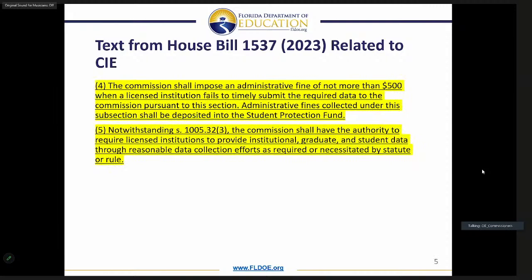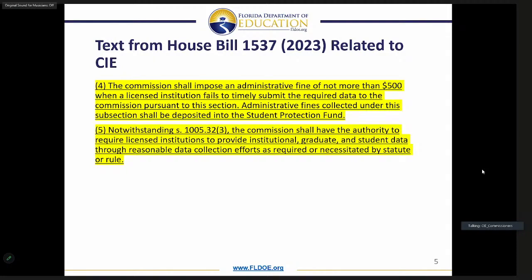Continuing on with newly created Section 1005.11, Florida Statutes, subsection 4 requires the Commission to impose an administrative fine of not more than $500 when licensed institutions fail to timely submit the required data. Fines collected will be deposited in the Student Protection Fund. Subsection 5 authorizes CIE to require licensed institutions to provide institutional, graduate, and student data through reasonable data collection efforts as required or necessitated by statute or rule.